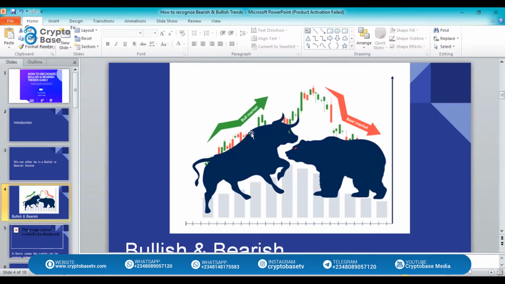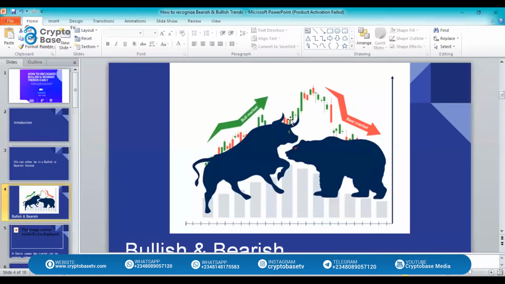You're going to see the red and green candles. Everything will be going up. And there's a saying, guys, that every market is designed to go up in nature. So be it stocks, be it crypto, all markets are designed to go up. No matter the bear market that a market is witnessing, it is still going to go up, guys.